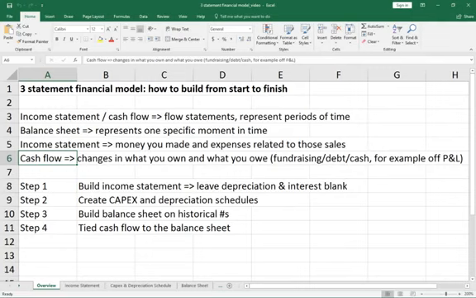For instance, changes in what you owe and what you own. So if we raised debt, if we raised growth investments, things like this, you would never see that on the income statement. You would only see that on the balance sheet, and then you would convert the balance sheet into a flow statement, which is actually what the cash flow statement is. So you need each of these three statements to get the full picture of what the company actually looks like